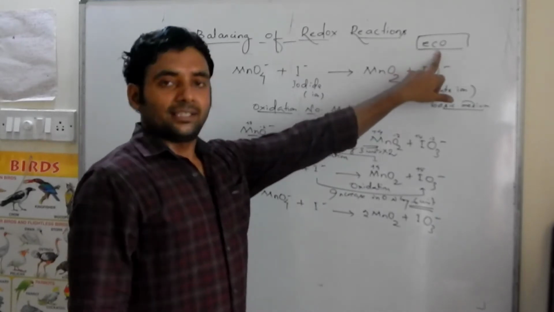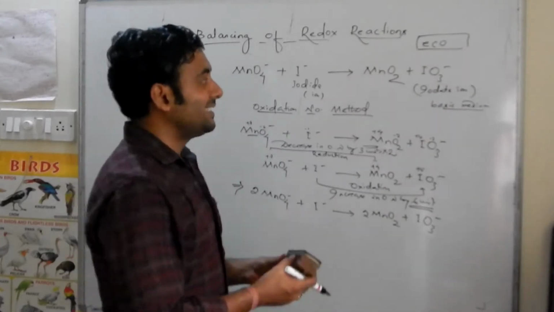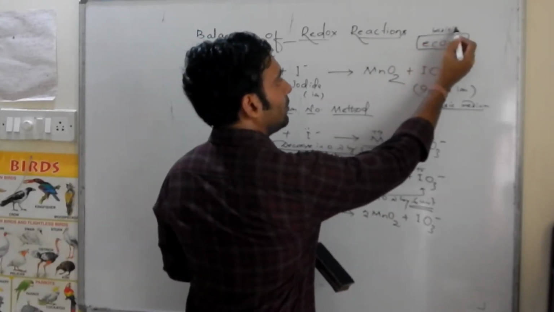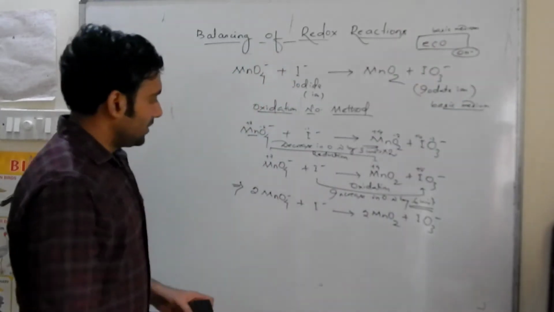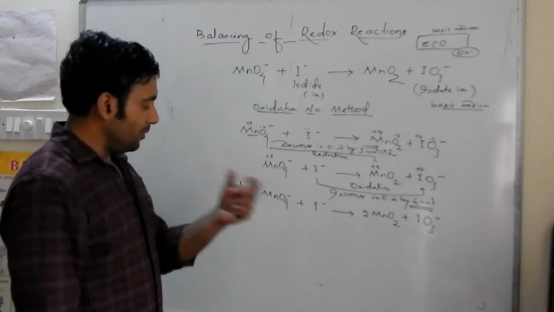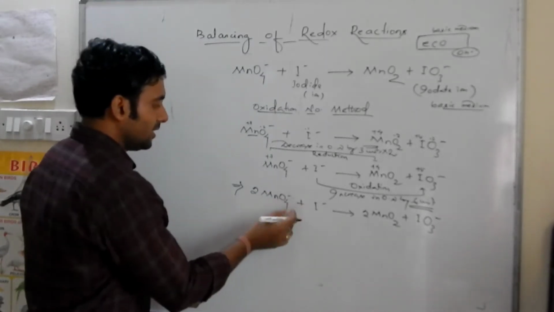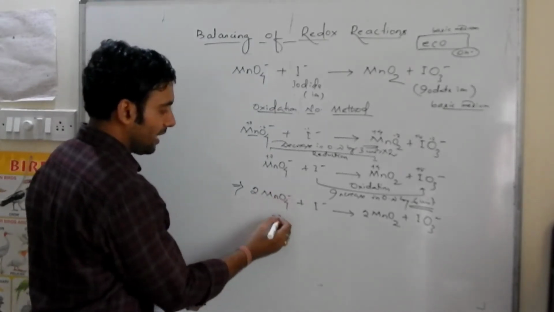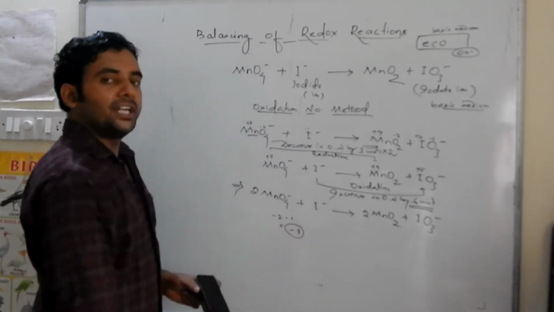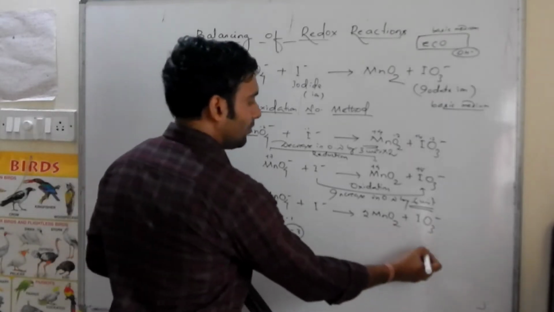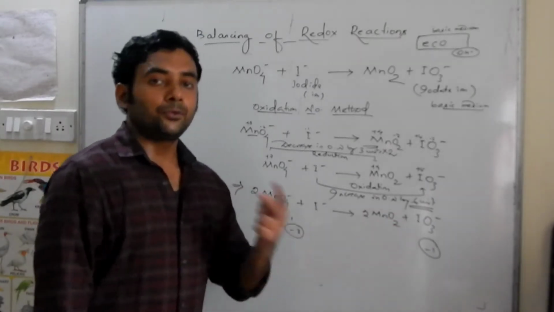So this is ECO, you can say. First balance the electron, that we have already done. Next we will go for the charge. As it is a basic medium, to balance the charge we will take the help of OH-. See here, what is the net charge in the reactant side and the net charge in the product side. The net charge in the reactant side: 2 permanganate means -2, 1 iodide ion means -1. So there are 3 negative charges on the reactant side, and here only 1 negative charge on the product side. That means the product side is deficit of 2 negative charges.